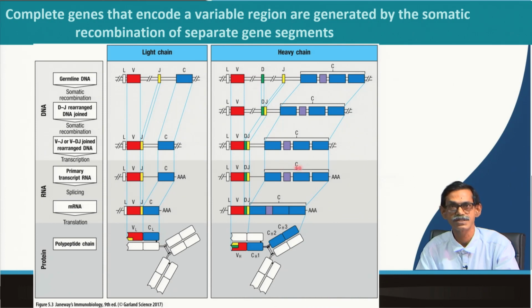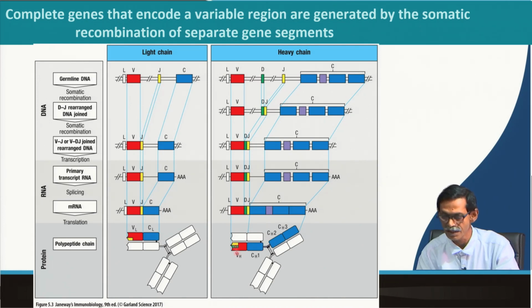After transcription, the C region, in this case of the heavy chain, the constant domain, if you consider this is IgG, has CH1, CH2 and CH3, and this violet color is the hinge region. So, this constant region is composed of CH1, hinge, CH2 and CH3, all together. They come as a single precursor RNA, then splicing happens where VDJ is already joined by recombination. So, VDJ and the constant domain come together in the mRNA, and the mRNA gives the heavy chain product, which has the variable region, the combined VDJ, plus CH1, CH2 and CH3.